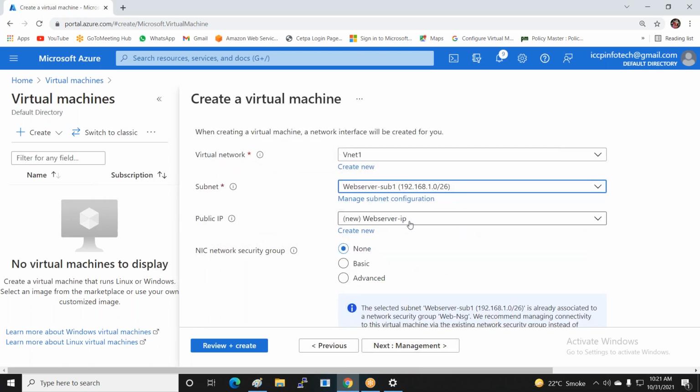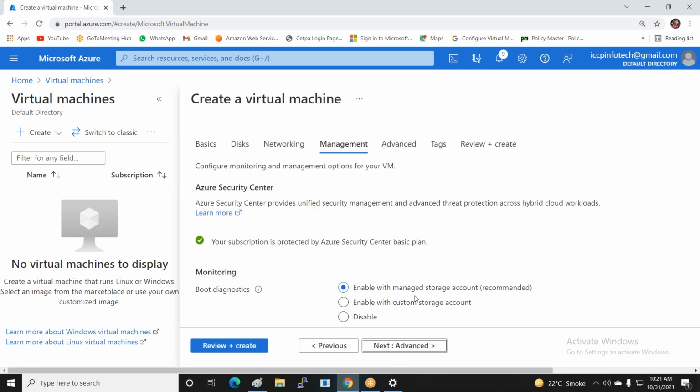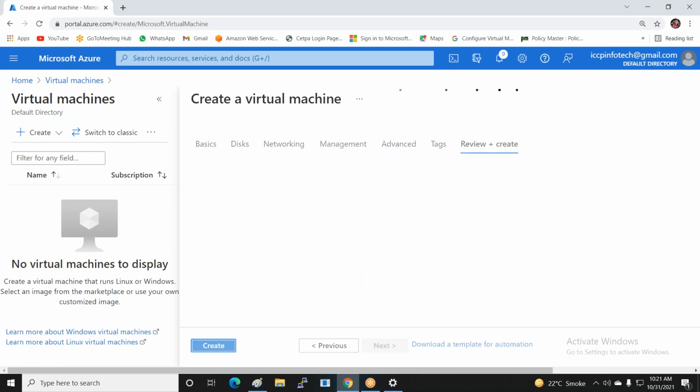Also you require a public IP address for each and every server. So now I'm clicking on a web server IP, then next, and review and create.